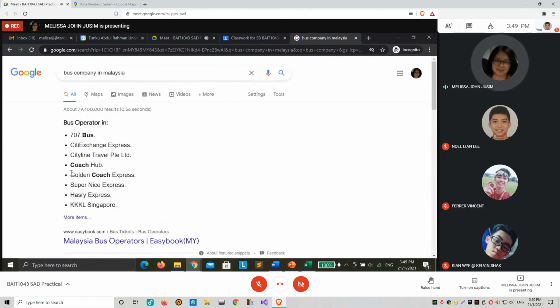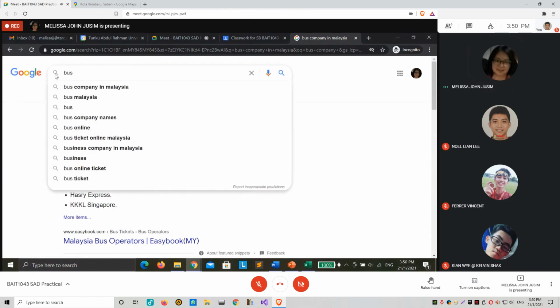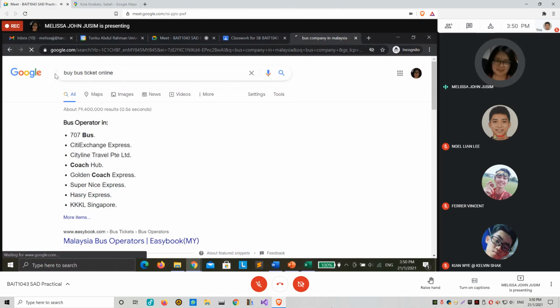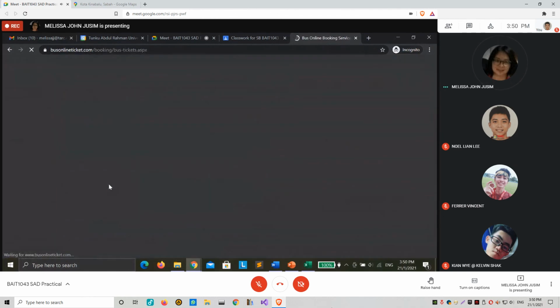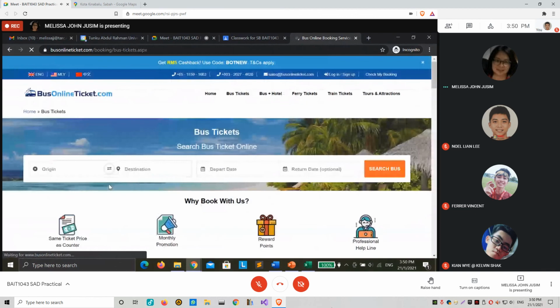Not sure whether they have online, so let me just type. Okay. There is one. Buy bus ticket online. Bus from, this is nice. Something like this, you need to search something like this. Selection, destination, trip.